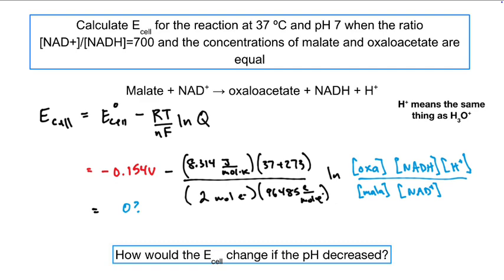Which sets us up with the next question. To solve for ln of Q, I still need all of the numbers. I need all of those concentrations. Am I given them? I don't see a single number for my oxaloacetate. But I'm told the concentration of malate and oxaloacetate are equal. So let's pick a number for oxaloacetate. Let's pick 10 to the negative